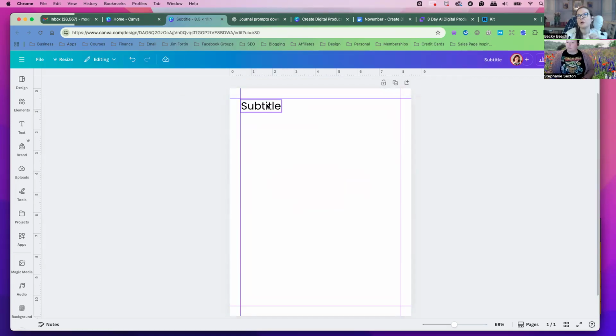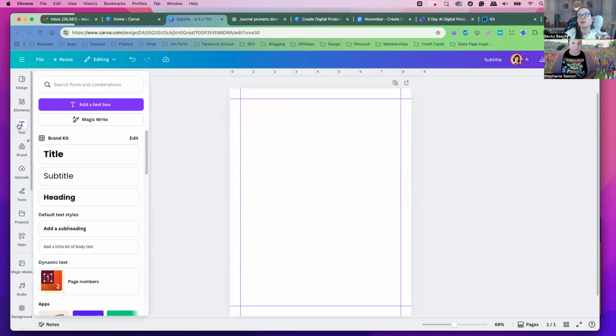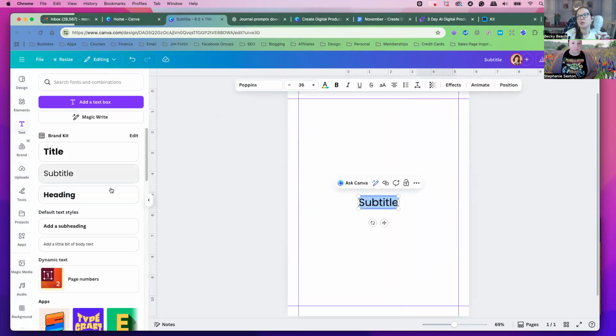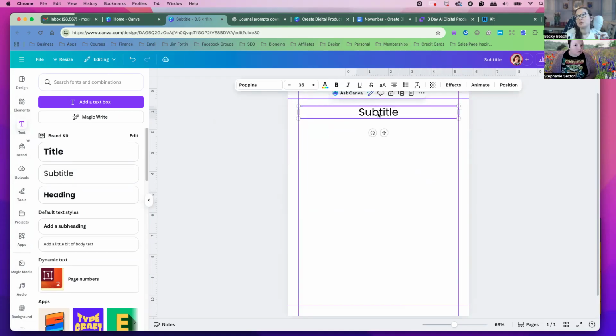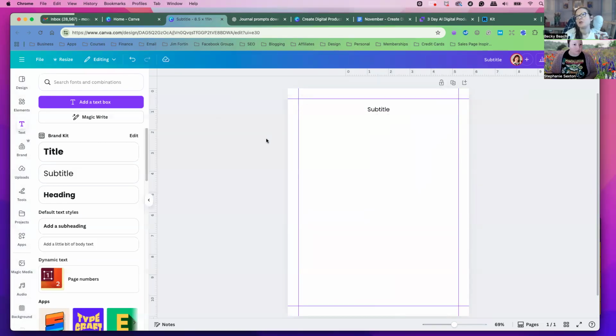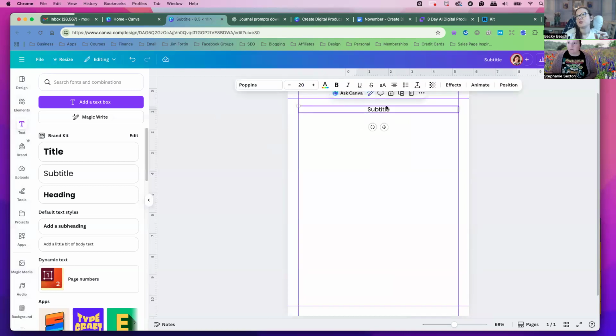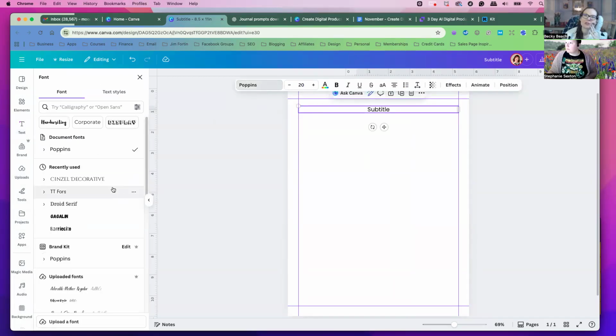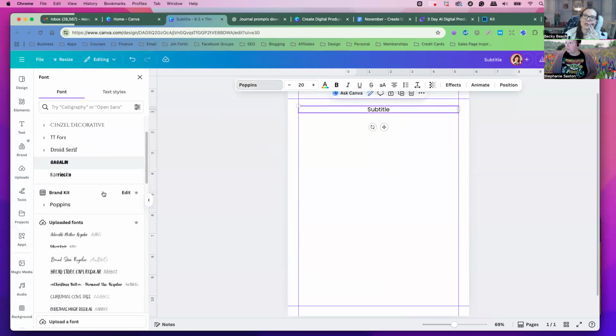Okay, so then we're going to go here and go to the text and just go to the subtitle, and we're going to have an area for the prompt and stretch this across so it meets the margins, and then lower it to be 20 or so, just to make sure it's centered. So make sure you click alignment and then center, and then click it again, and you can pick a font. There are all these different fonts that you could choose from.